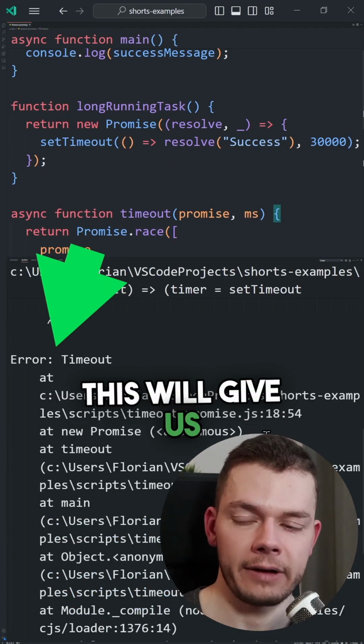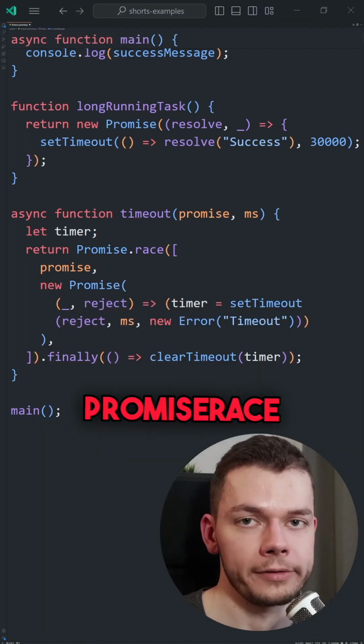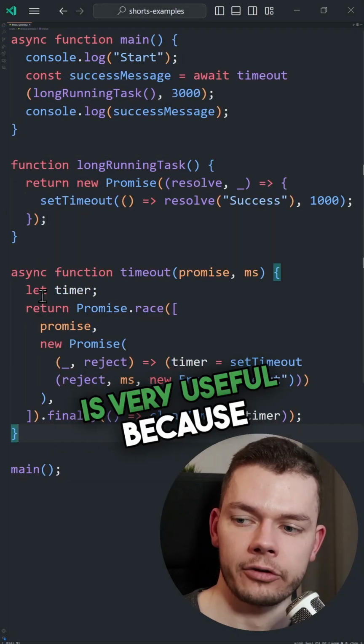We can also pass an error with an error message as the third argument to the timeout function. This will give us a stack trace with a readable error message. And it's also a good idea to stop the timeout after Promise.race has resolved using the clearTimeout function in a finally block. If our promise resolves before the timeout, we get our result. And this timeout function is very useful because